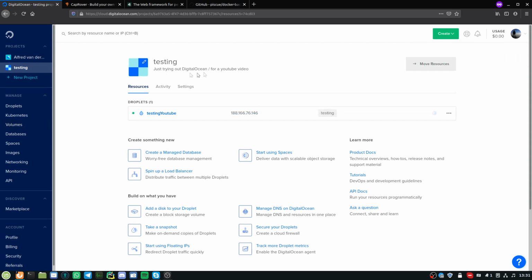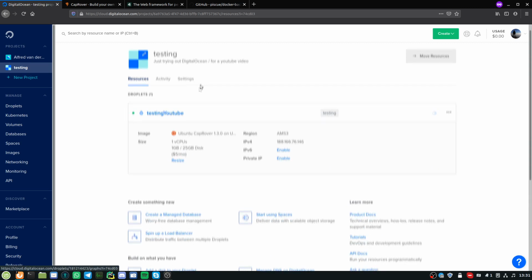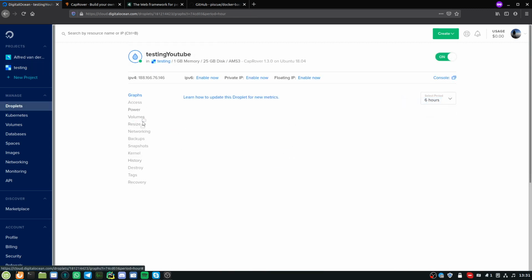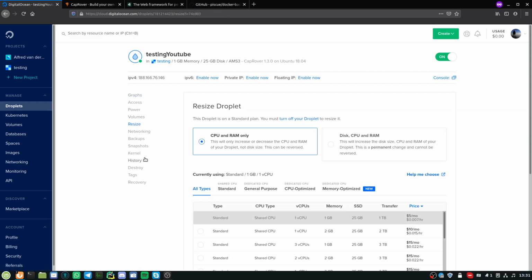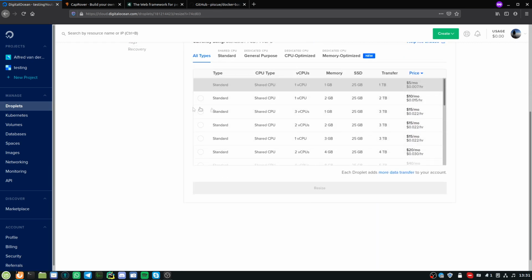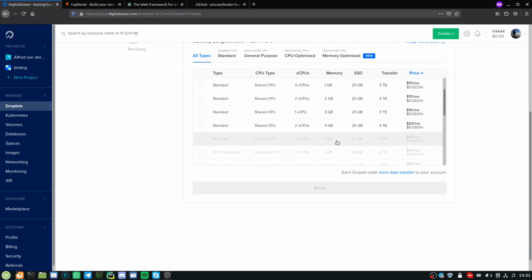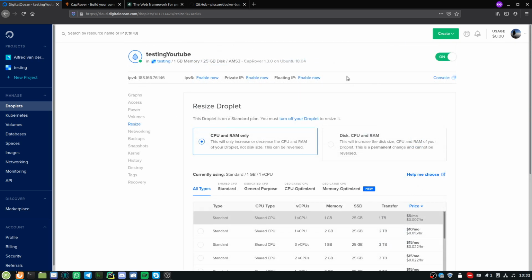Okay, great. Now our droplet has been created. We can see the name, the IP address, the specs. This is also where later you can add more power to your droplet if you need it. So you can see their pricing. Okay, now we basically have a server set up with CapRover, and our next task is to go to our